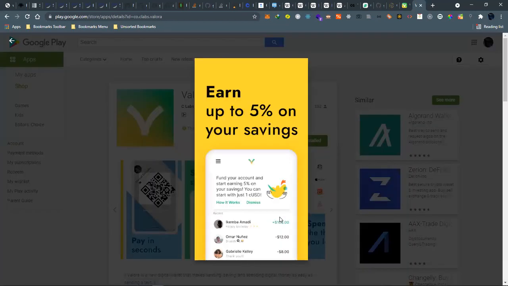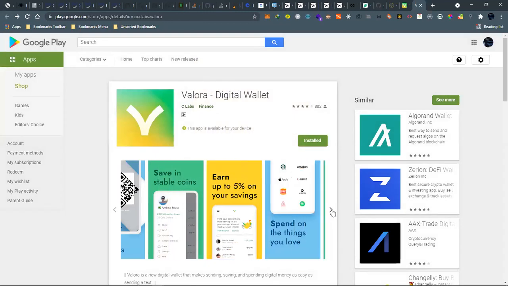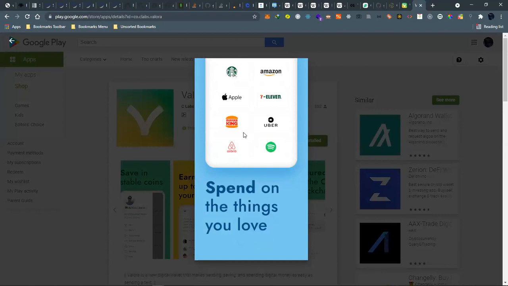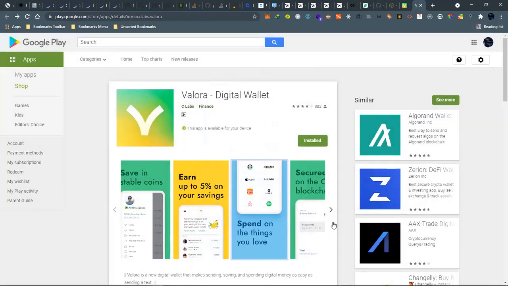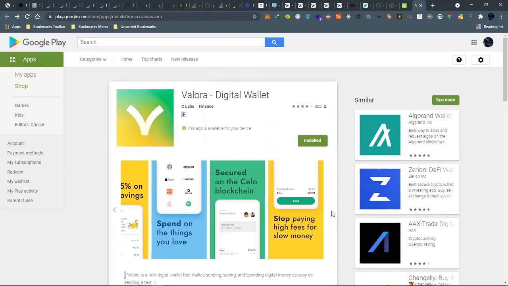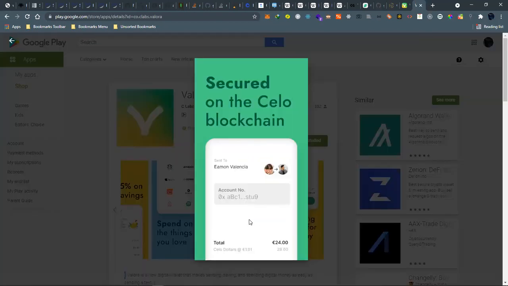So interesting. I'm seeing that you can also spend on Airbnb, which is really amazing. Instead of having to carry cash, or if your M-Pesa doesn't have cash, you can pay for your Airbnb. Yeah. So this is how it looks.